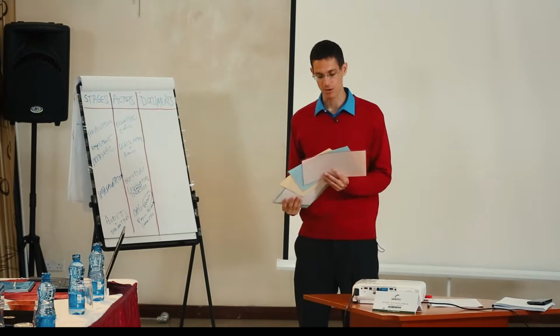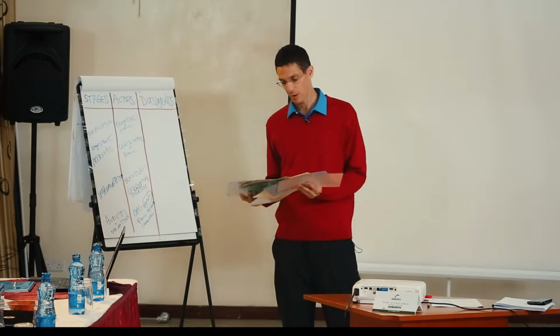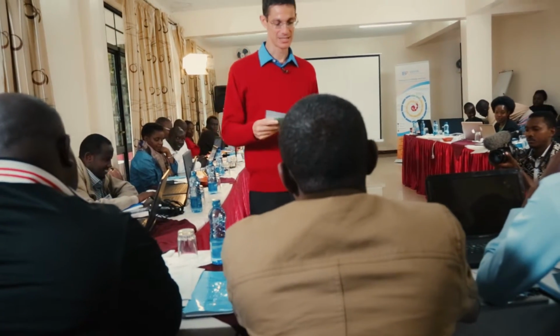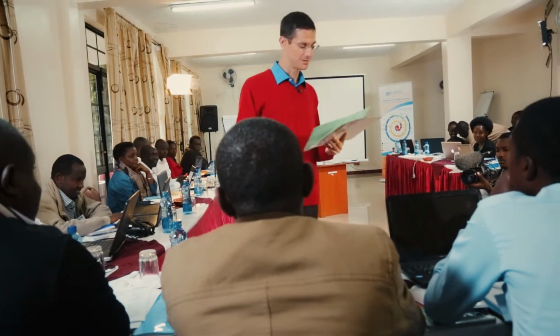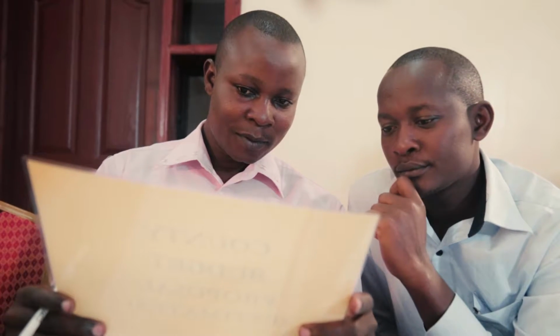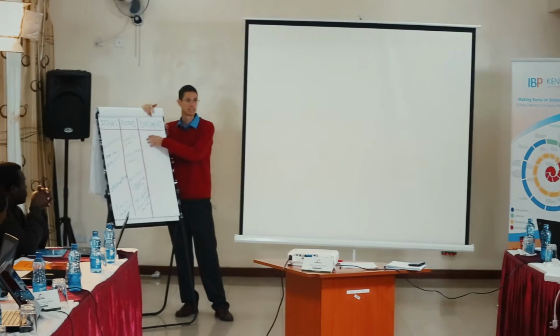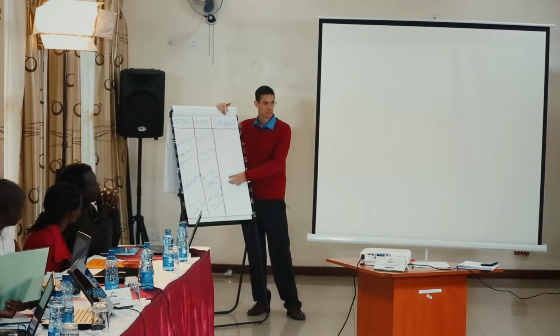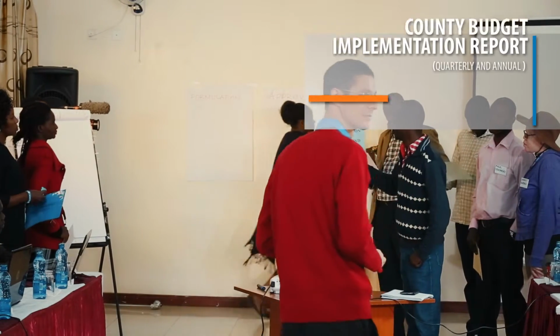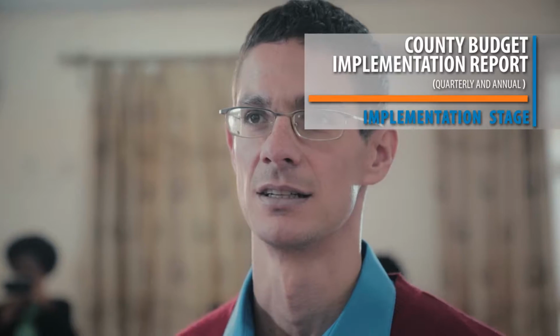So now what I want to do is talk about the documents that are at the heart of this process, okay? There are sort of 7 key documents that we want to talk about when we look at the process. We have actually divided one of those documents into 2, so that makes 8 of these cards that I'm holding. All right, so take a minute to look at your card. Then I want you to take your card and come and put it here in the stage that you think it corresponds to.